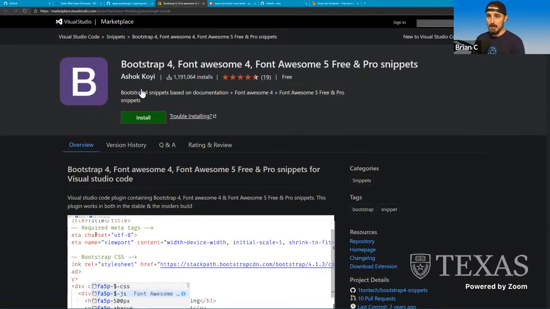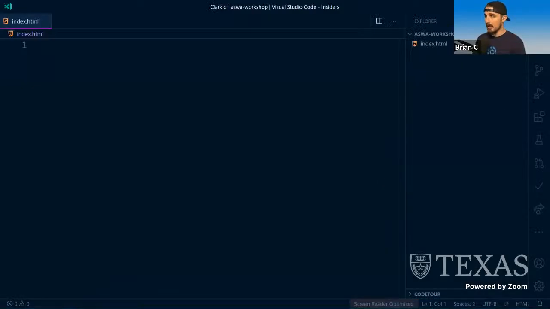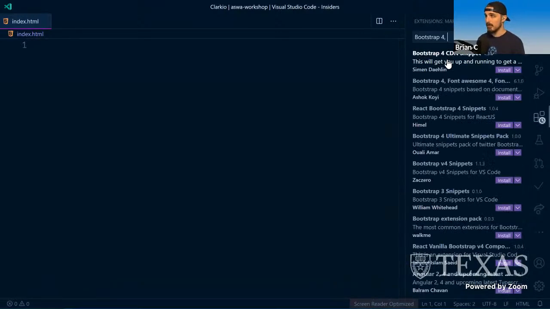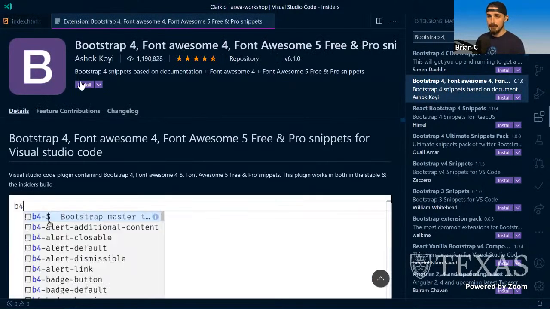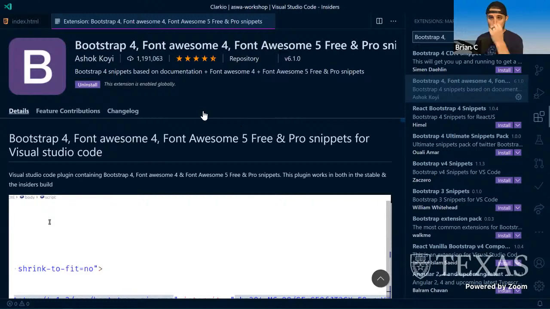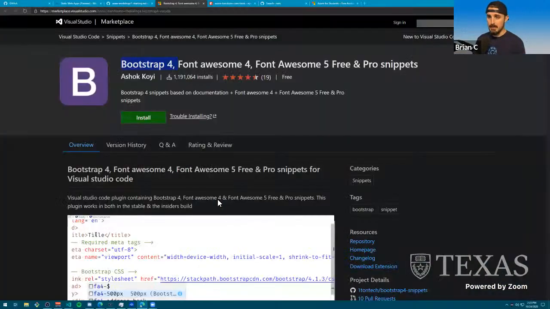So I could click this and it's going to install it that way. But I personally just like to search for it in the extensions view within VS Code. So I'm going to go there. The extensions view here is these little building blocks on the side. I click on that and then I'm going to search for Bootstrap 4 Font Awesome. And there it is by the same author. Okay, I'm going to click install and then we're good to go. Done. Easy as that. So now the next steps in the workshop says